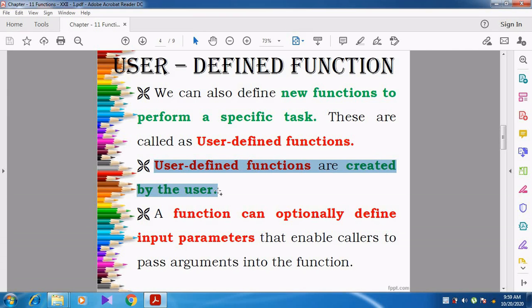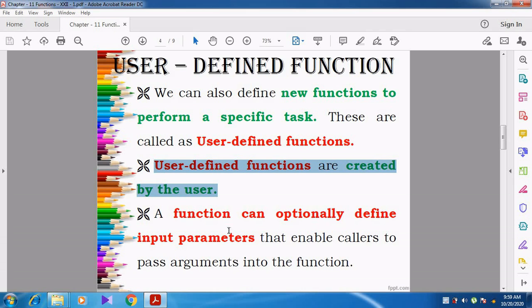User defined functions are created by the user for their own use. So they are called user defined functions.